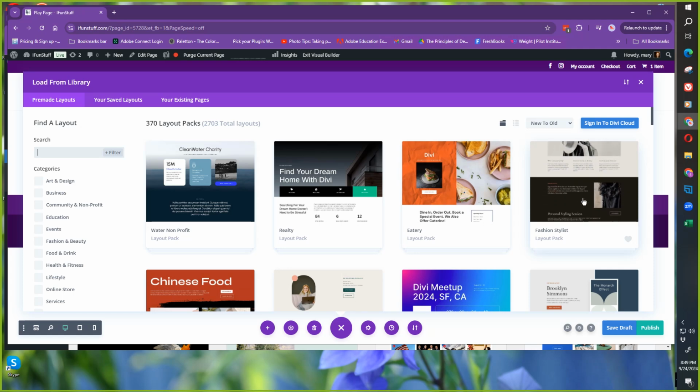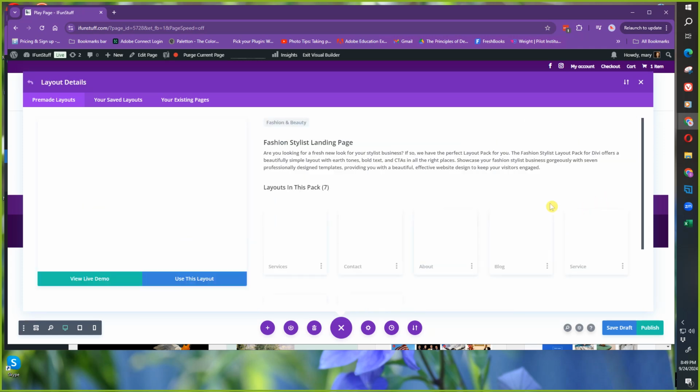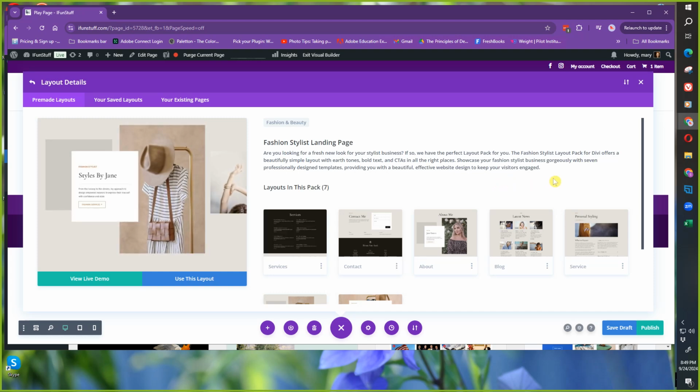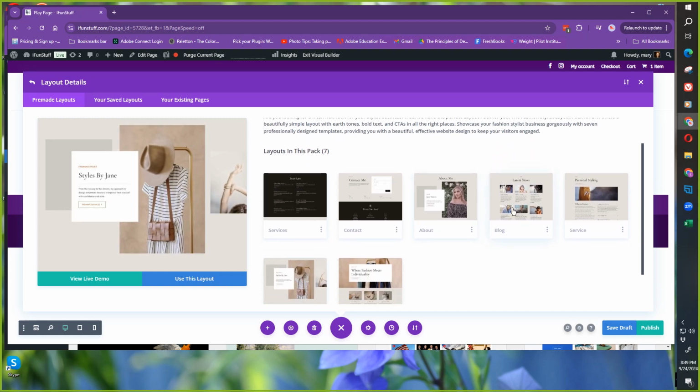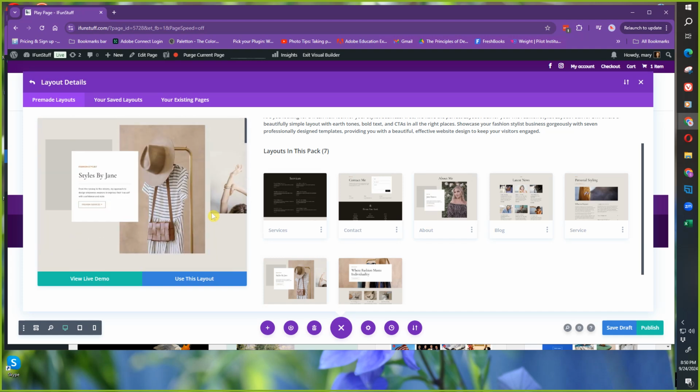I can drag and drop it into this page, modify it so that it works with my stuff. This is my art and clothing page, so this would be a really good one. I could look at this pack and see what's in it and say, okay, I like the latest news. That's where I could do the blog. I could do the services like profile. This one's really kind of nice, this little layout. I could put my clothes up in here and show people the designs of the clothes that I